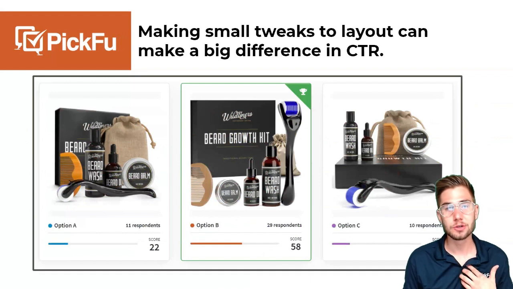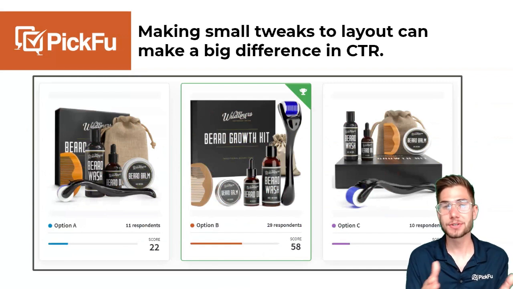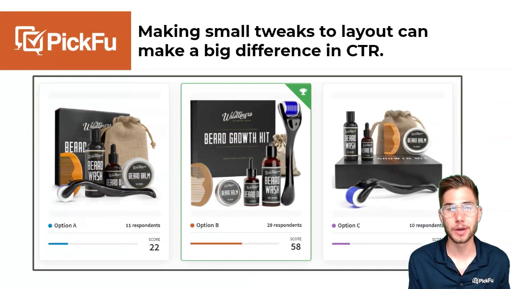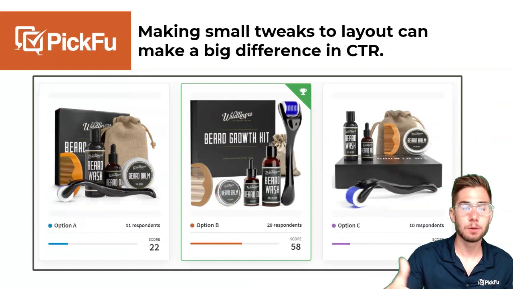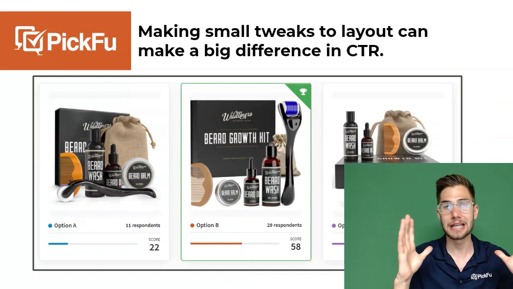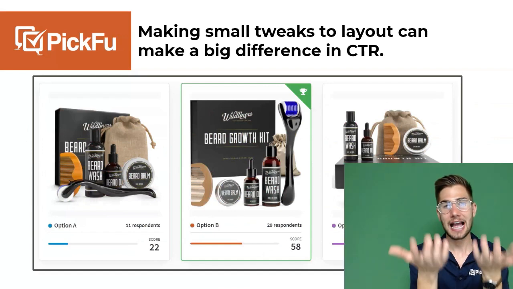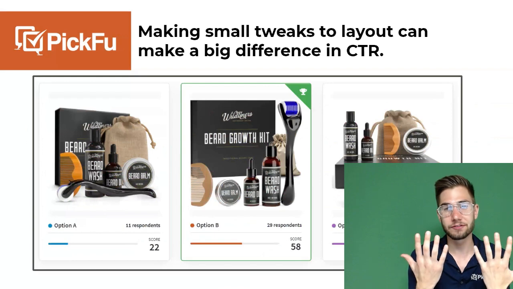The other thing that you can do with your main image to make some serious gains is just try different positioning and the layout of the product itself. Again, when I ran this poll, I wasn't necessarily sure which one was going to win, but it came back that option B was the winner, right? And basically what we've seen time and time again is that if you can have a very clean and symmetrical layout of the product that clearly shows everything that's included, that has anything that's text-based up to the front, it's